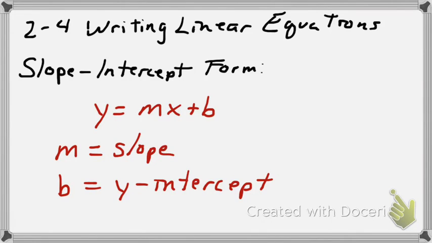B is the y-intercept, M is the slope for slope-intercept form. And slope-intercept form is really the working equation. You use it to get to standard form. That's the one. Standard is where you present your answer in a fancy form. Slope-intercept is the form that you use to get there. All right. So,